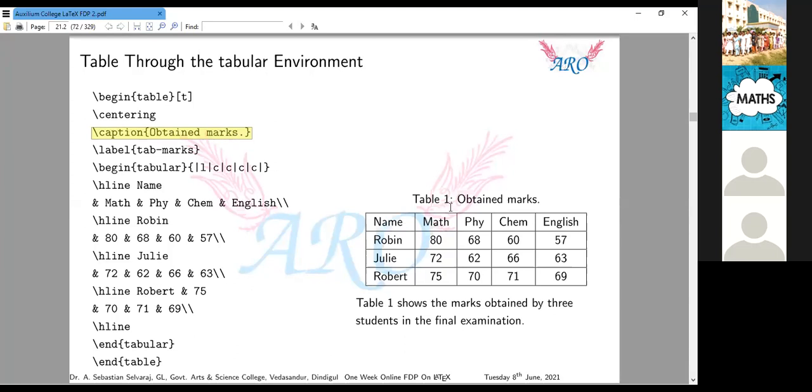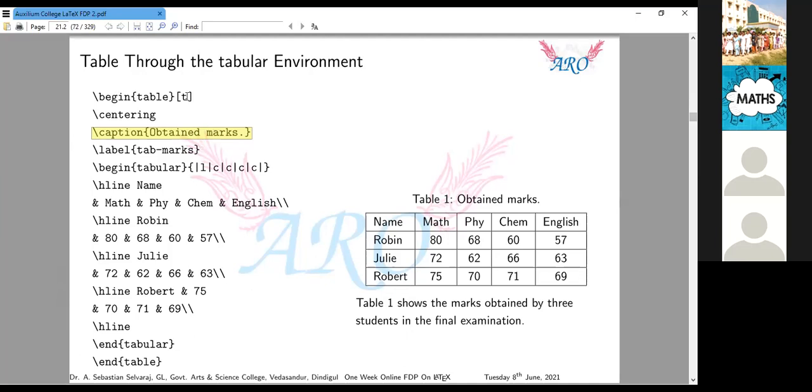I didn't mention the number anywhere; it automatically gives consecutive numbers for tables. Begin table, end table only creates a complete table.